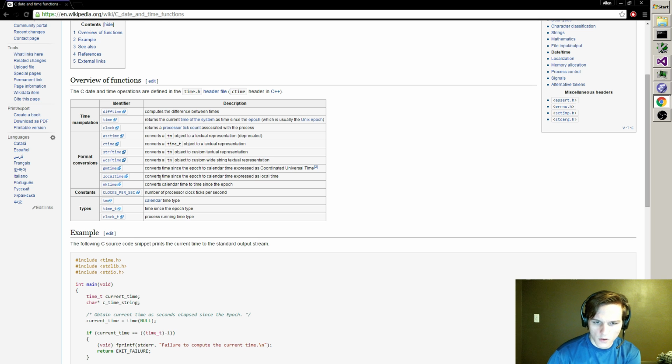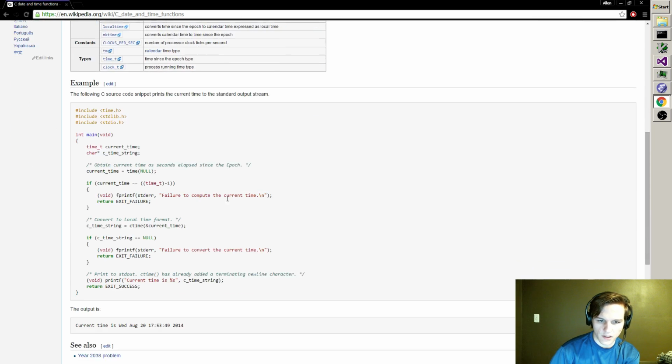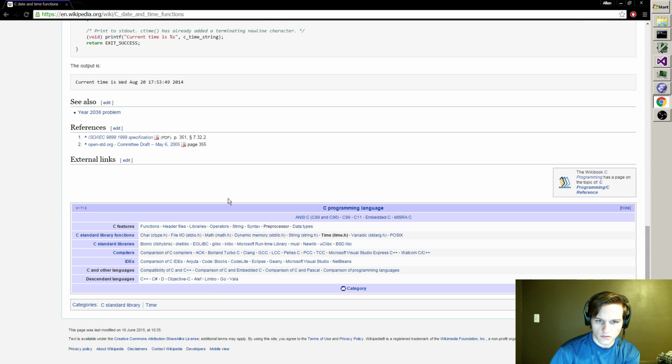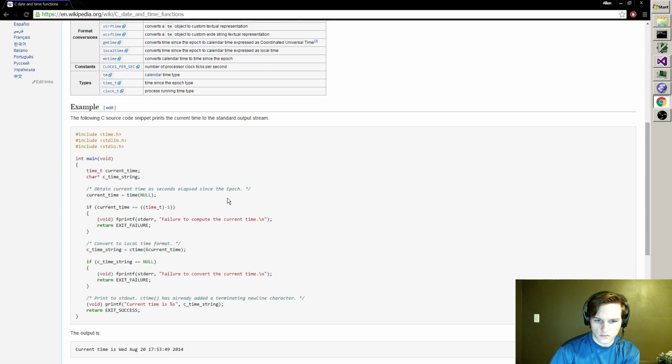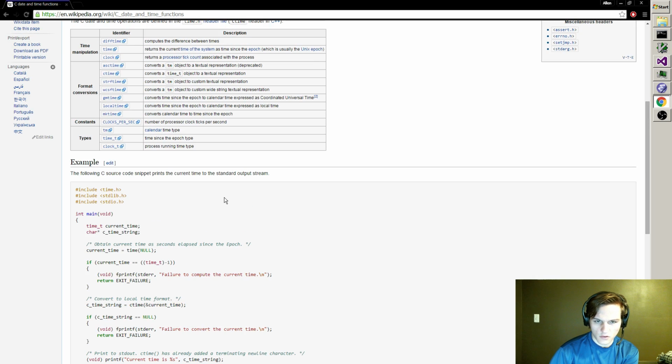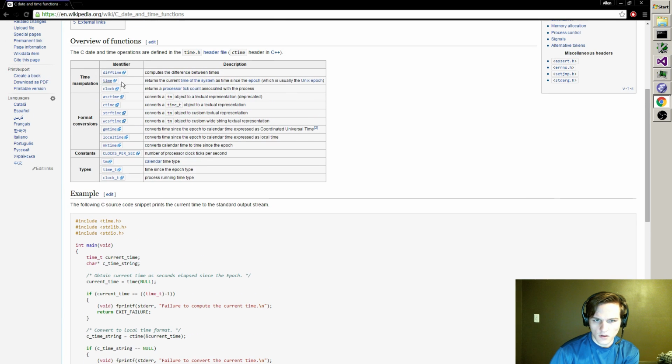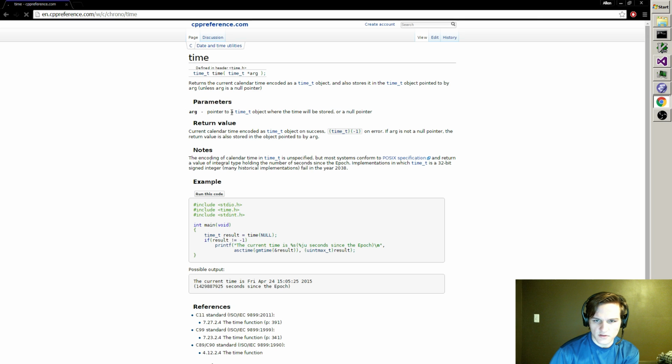I only want format conversions, clocks per second, number of processor clocks, clock ticks per second. Is that reliable? What's the deal there? Time since the epoch type. Div time. Okay, let me take a look at this function and see what kind of resolution you get with this.